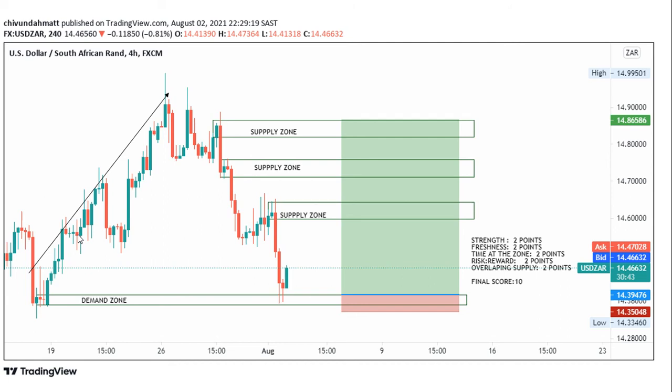And then the freshness of the zone. How fresh is the zone? Ask yourself, has this zone been touched yet? If it has been touched, then you give it a one or a zero. If it's a fresh zone, you give it a two. Then the third one is time spent at the zone. Look, you want price to